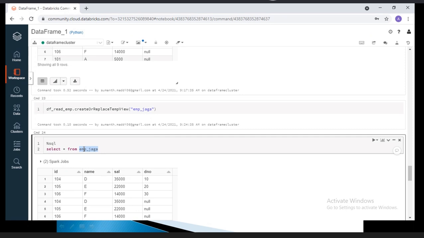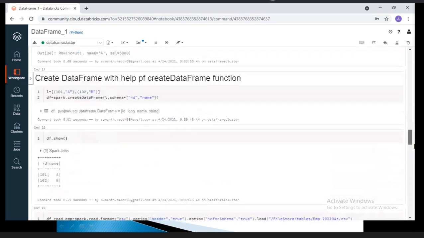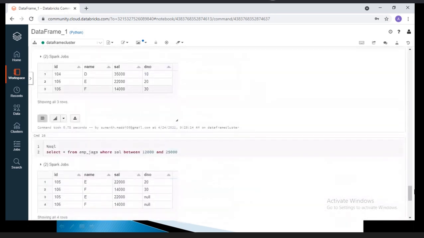We have the schema option, but you have to define that definition explicitly. There is one more option, dot schema, which gives good performance. If you go with infer schema true or false, you should be 100% sure whether you're sending the header or not. That is an agreement between your source team and your data engineering team. Before taking up any project, you should ask these questions: are you sending the header information or not?